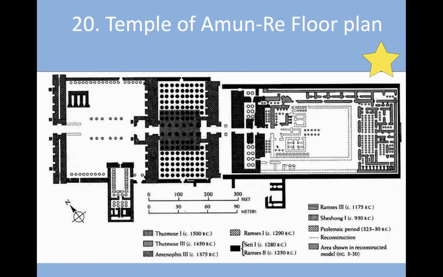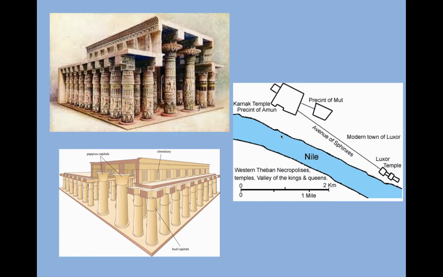And this hypostyle hall that Ramses II builds here remains the largest hypostyle hall in the ancient world. And the only reason that Persepolis doesn't get that title is that most of Persepolis is gone. The majority of this hypostyle hall is still intact. So we're going to scroll forward and look at these pictures here, and I'm going to talk about a couple of things. The Egyptians invented this really cool thing, and you're going to write this down,